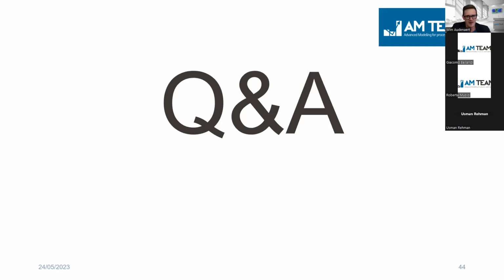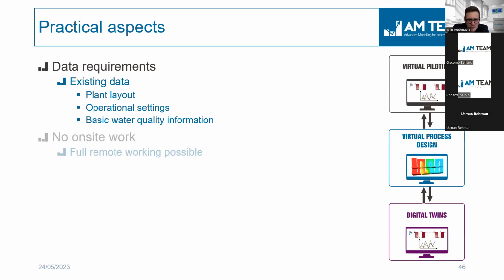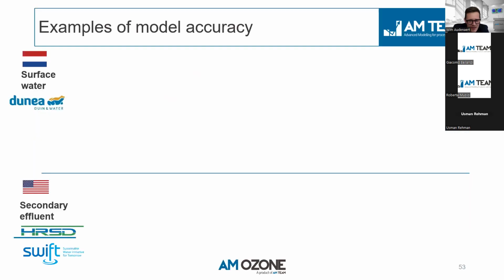A general, very big question is, of course, validation and calibration of a model. We can group some of the questions, because we have had multiple ones, and go a bit further to this slide, for example. Throughout the years, we have been checking model accuracy. This is very important, because if you build a mechanistic model, which is what we typically do at AM Team, and we build a lot of new models when we start applying them for the first time, these mechanistic models have to be calibrated and validated.